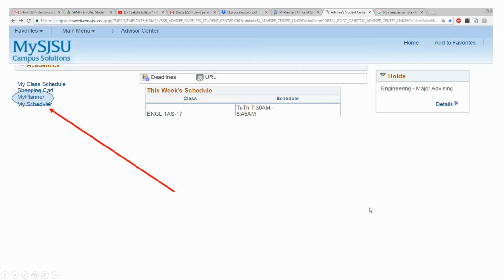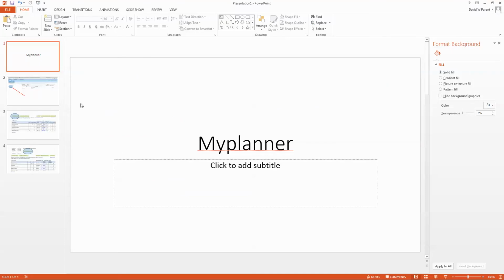Let's go over how to use Myplanner. So you'll log into your PeopleSoft account, and you'll see in the upper left corner Myplanner. Now some folks don't have it yet for a variety of reasons. You can just use the traditional way to plan, which I'll just